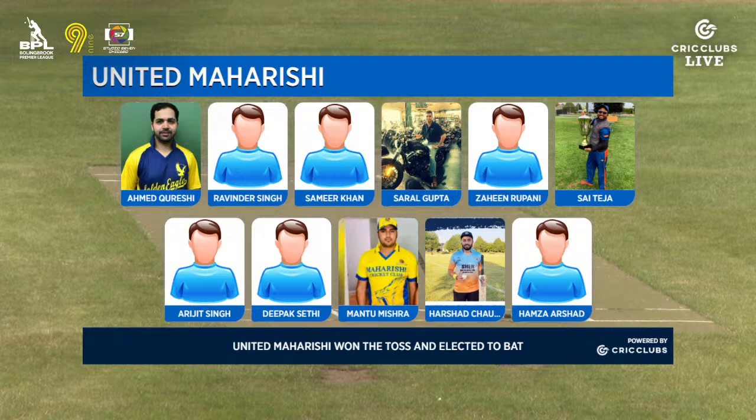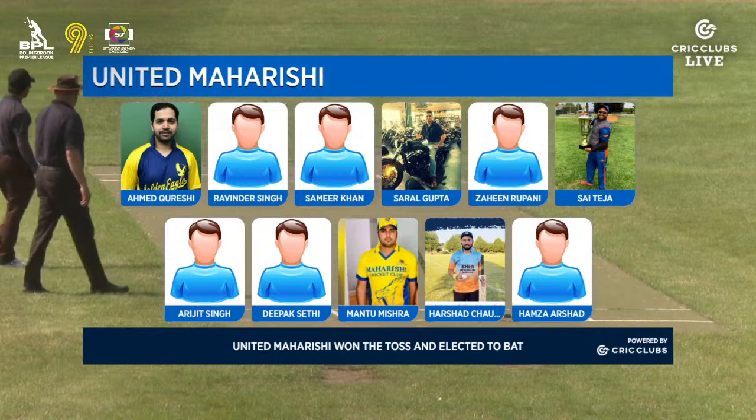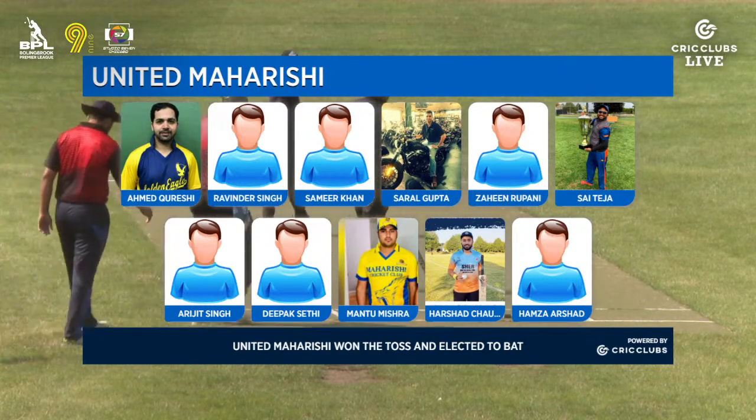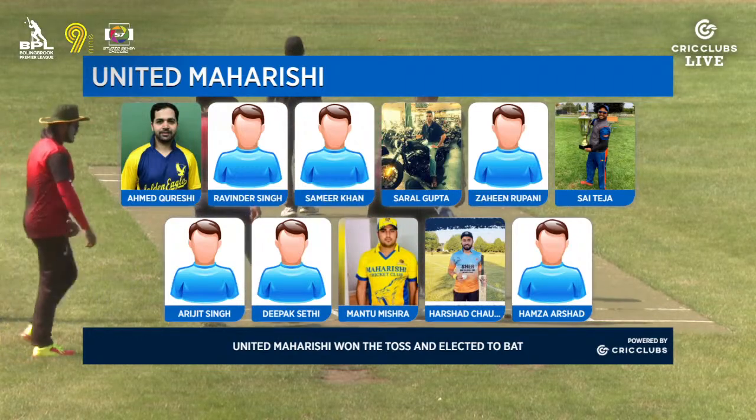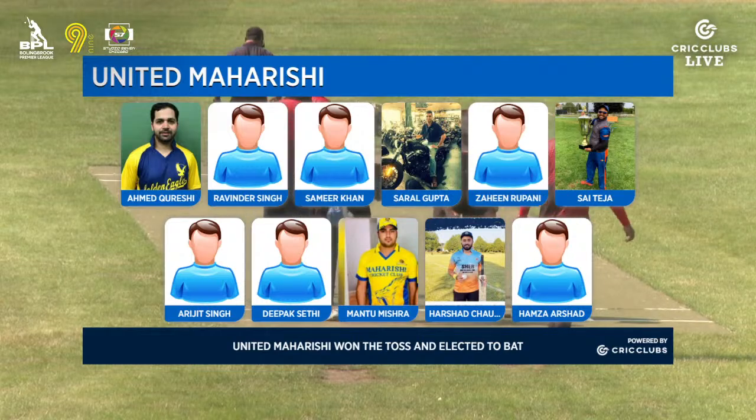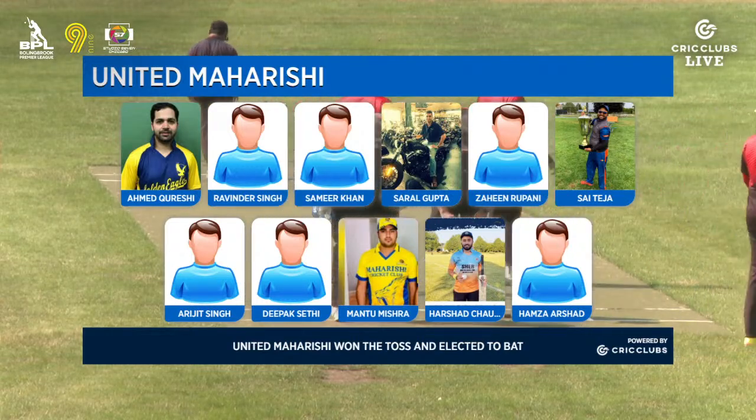United Maharishi, as you see down the bottom there, won the toss and elected to bat. We have Ahmed Qureshi, Ravinder Singh, Samir Khan, Saral Gupta, Zahin Rupani, Saiteja, Arijit Singh, Deepak Sethi, Mantu Mishra, Harsha Chowdhury and Hamza Arshad as your playing 11 for United Maharishi. The opening batsmen are just walking to the crease, Ahmed Qureshi and Ravinder Singh. We'll put the